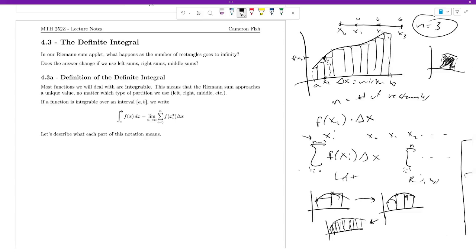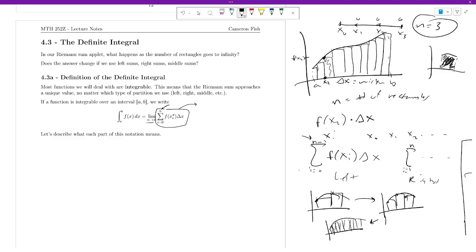So we already had our Riemann sum, which was like this, and now I'm going to write limit in front of it. What this means is that here's an expression. It depends on n, right? So this is the area under my curve when I have a specific number n of rectangles. But when I write limit as n goes to infinity, that means sort of imagine the sequence you get,